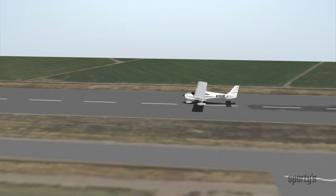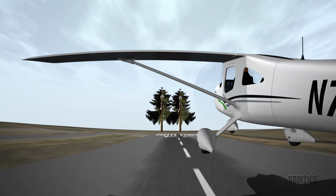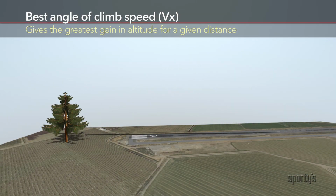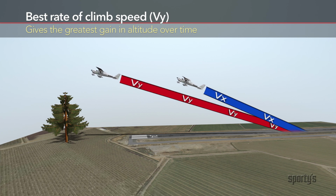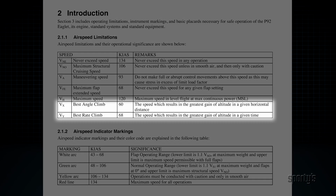In order to accomplish maximum performance takeoff safely, the pilot must be familiar with the use and effectiveness of the best angle of climb speed and best rate of climb speed for the airplane. The best angle of climb speed, known as Vx, is the speed that produces the greatest gain in altitude for a given distance over the ground. The best rate of climb speed, known as Vy, is the speed that produces the greatest gain in altitude per unit of time. These are just two of the V speeds that can be found in the pilot's operating handbook